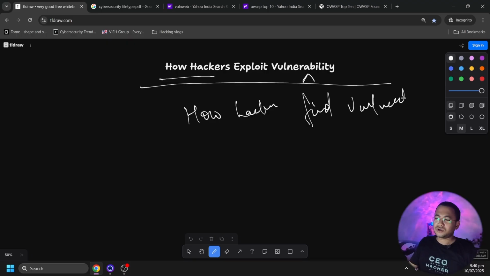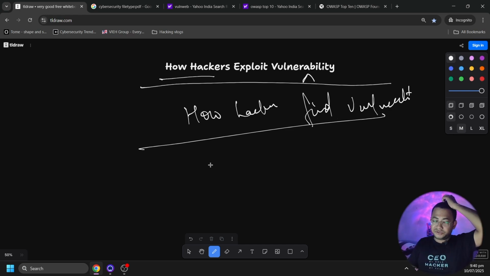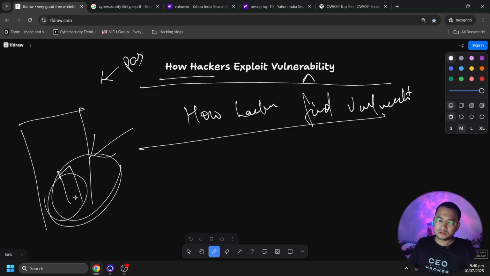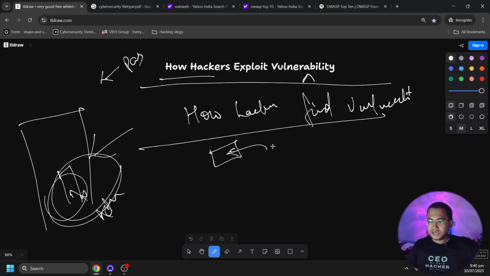Okay, everyone is thinking of how a hacker can find a vulnerability. There are a lot of techniques. First, they gather information. If you want to break into a home, what exactly would you do? You'll gather information by asking someone. That is called passive information gathering, or just staying near the home. If someone sees you, that is active information gathering. So for hackers, look for information gathering. There might be reconnaissance where you are getting some sort of information. This is the first step.